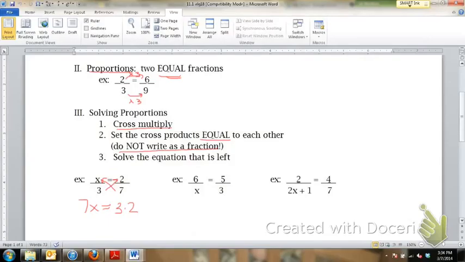Well, 3 times 2 is just 6. So I have 7x equals 6. Divide both sides by 7, and just leave it as 6 over 7. It's okay to get fraction answers. So in the next one,